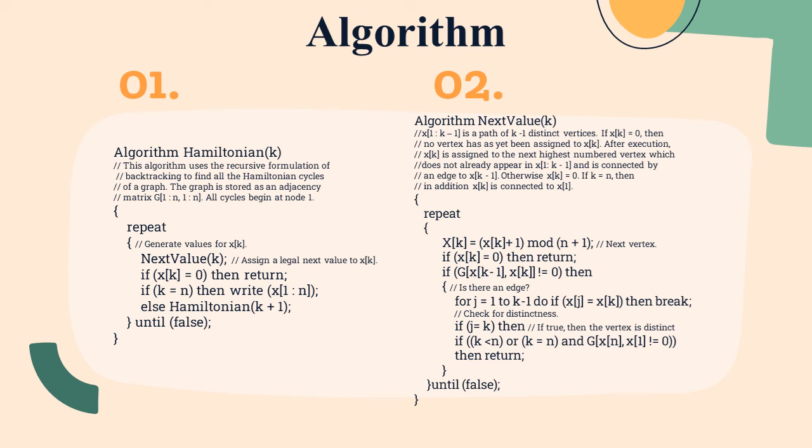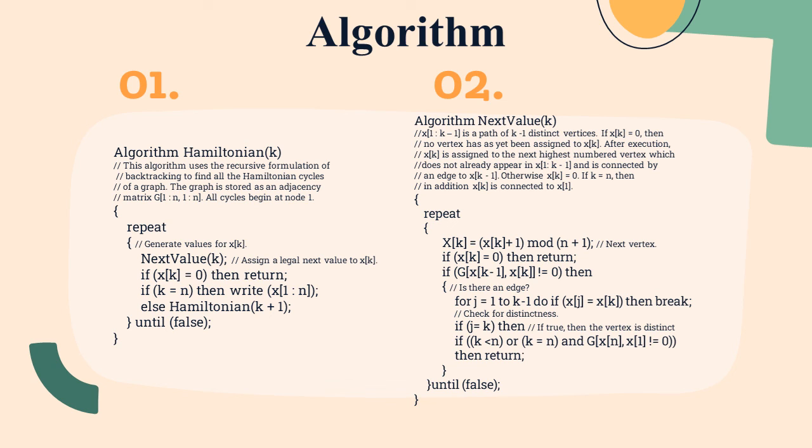if k < n, or k = n and G[x[n], x[1]] is not equal to 0, that checks whether it is in the last position. If it is the last position, then it checks whether there is an edge that returns to the starting vertex. If there is, then it is a condition that follows the Hamiltonian cycle, and then it returns, having satisfied all the conditions. Now control comes to if x[k] = 0, then return in the Hamiltonian algorithm,